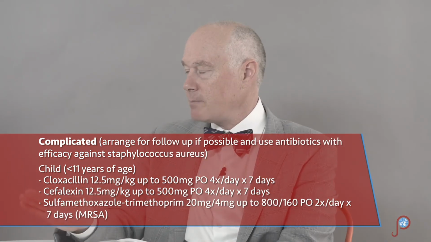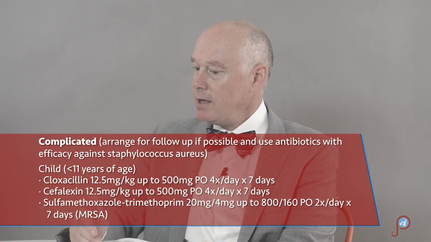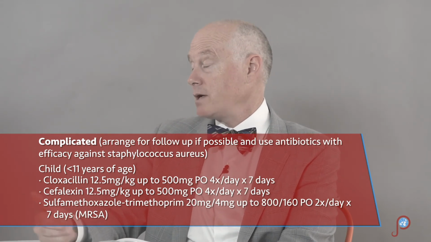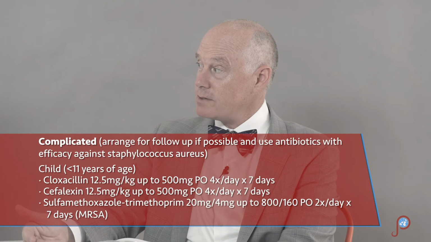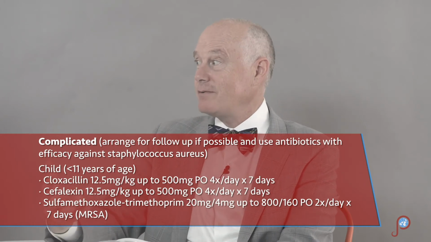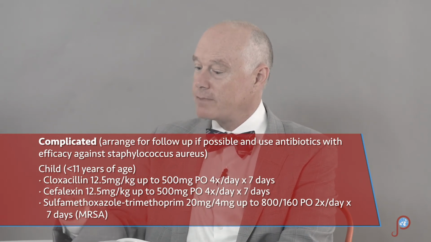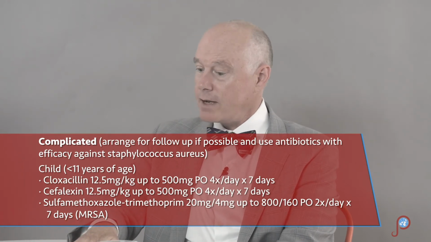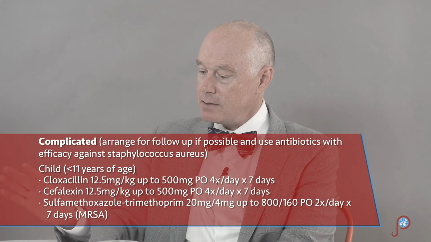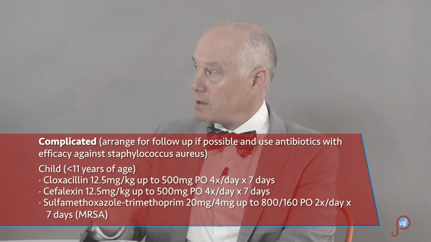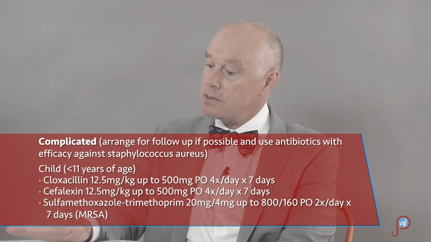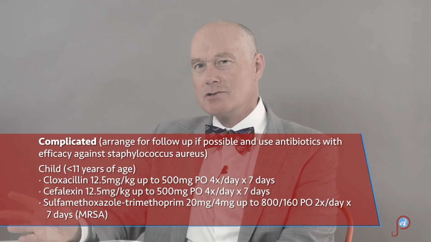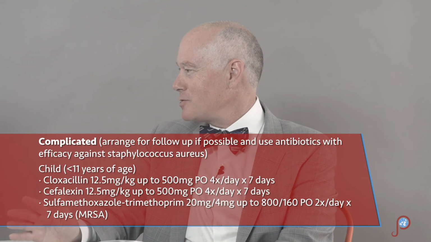And this is, I'm going to say, important. I want people to think this through. If 70% of the time it's caused by Staph aureus, you want to use antibiotics that work against Staph aureus, or 70% of the time your antibiotics are not going to be helping you. We have a table with a bunch of antibiotic recommendations, and it's the same agents for children and adults. For children it's weight-based dosing. For adults it's more standard, because most adults are roughly the same size, but that is in no way true.